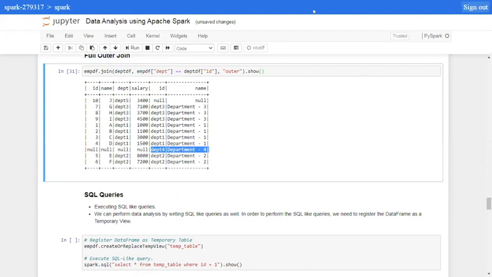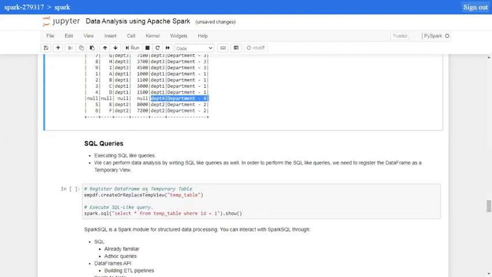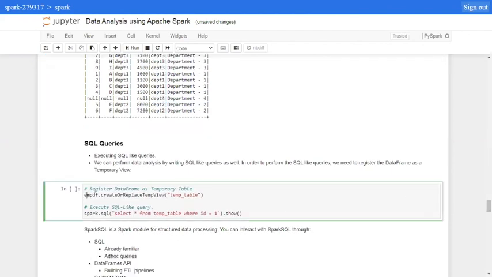Now, what we are talking about is the Spark SQL APIs, and as we say, it provides SQL-like capabilities. So far we have used the data frame API to see different functions like select, filter, withColumn, join, and so on. What if we would like to write an exact SQL query like select star from table name where some condition, and so on? How can we do that? For that, we need to register a data frame as, let's say, a temporary view so that we can query it.